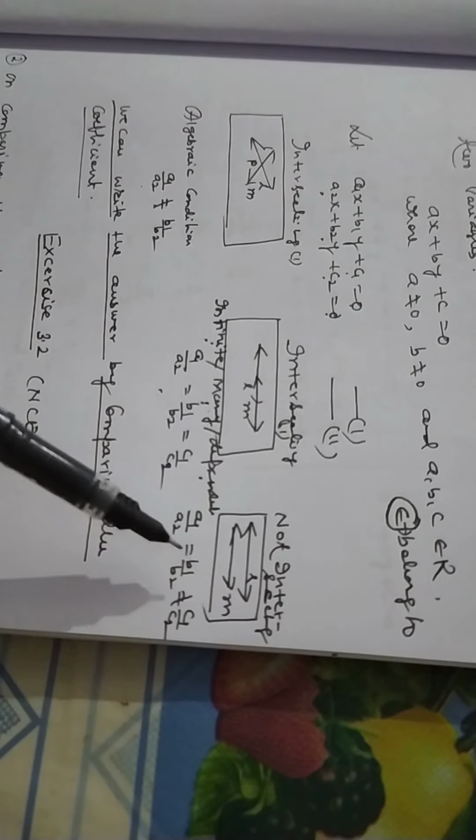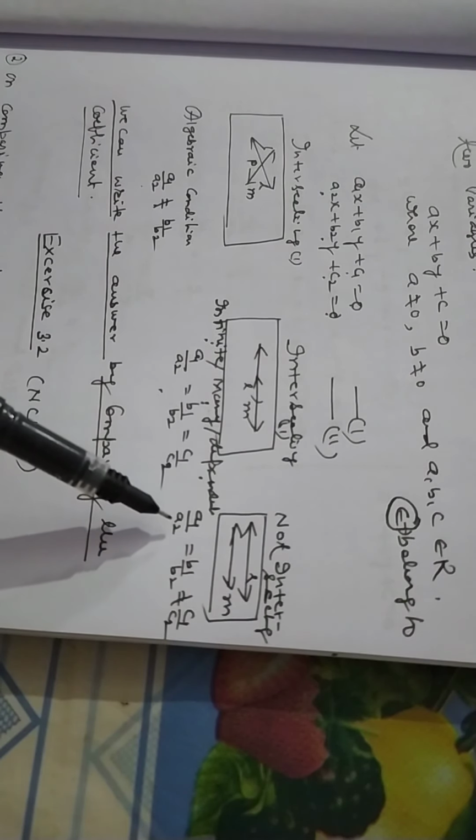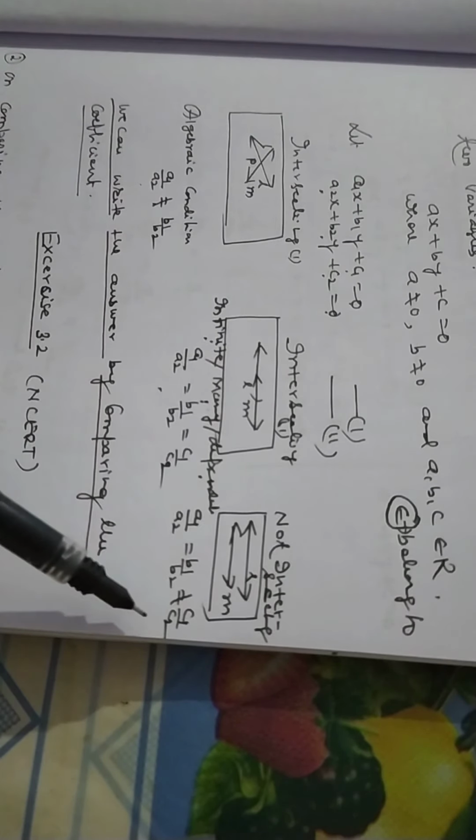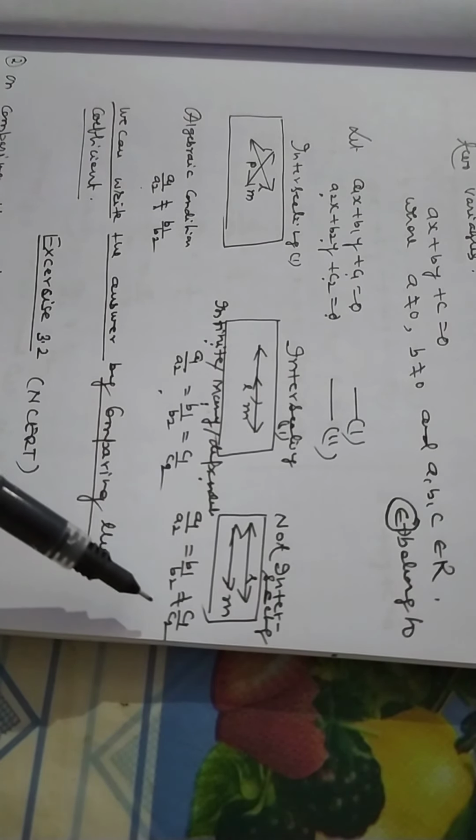Now, when these two lines do not intersect each other, that is parallel, in this condition we have no solutions, and we have conditions a1 by a2 is equal to b1 by b2 is not equal to c1 by c2. So we can write the answer by comparing the coefficient,